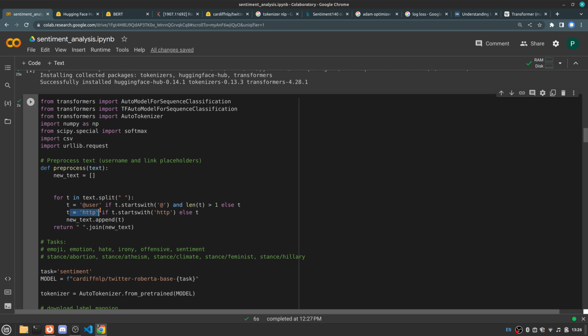After that, we're going to say t is equal to "http" if t starts with "http", else t. So this is basically handling any website information that may be in our text. Otherwise, the auto tokenizer can handle all of the other information. So with that, we say for t in text.split, we handle this specific information. Then we're going to take our text and append it to our new text item that we created above. And then we say return blank space dot join the new text. So join all of the tokens from the new text into a single item that we will now return